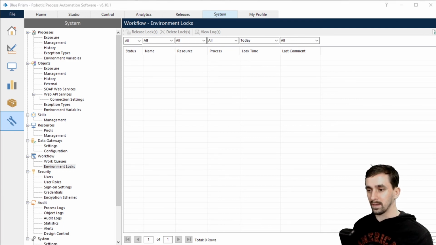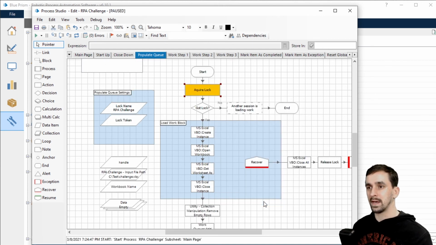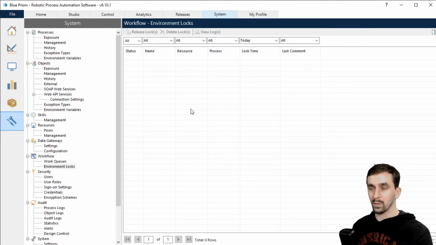Let's go back to the process. I've changed the lock name to RPA challenge. I'll set next stage on acquire lock, and I'm going to step over this. You see we got a lock, and if I go over here and refresh,